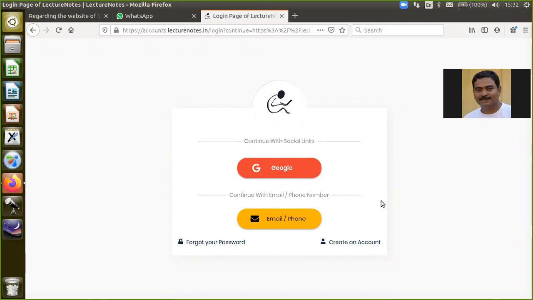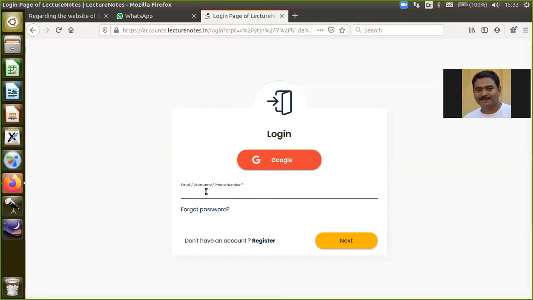As you know, all your email IDs which are provided to us are shared with Lecture Notes 13. So they have created one user for you on behalf of Synergy. As a student or a faculty, you can join by using your email ID. So I am registered as HOD CSC. So I will join by using my email ID. My user ID is HOD CSC at synergyinstitute.net.